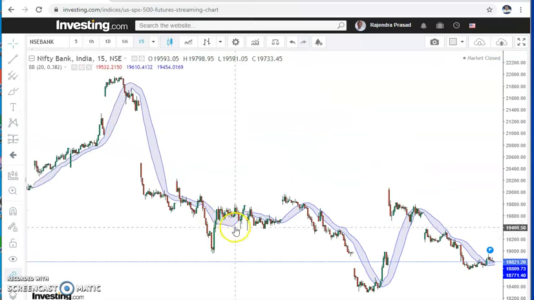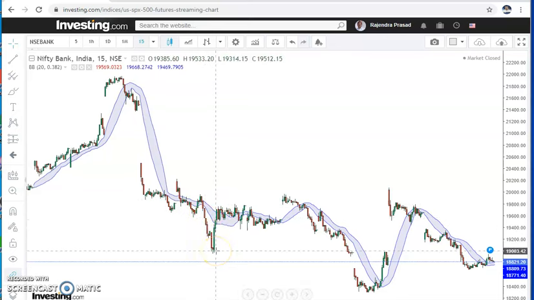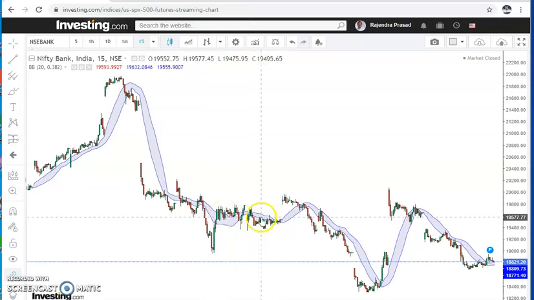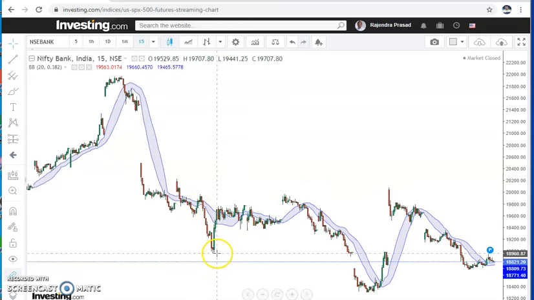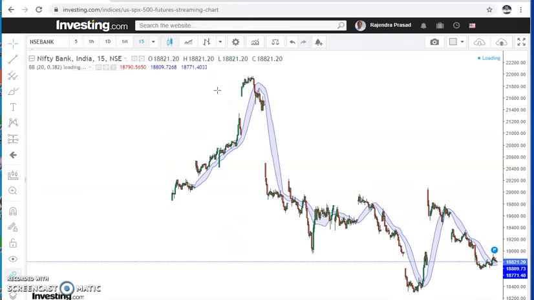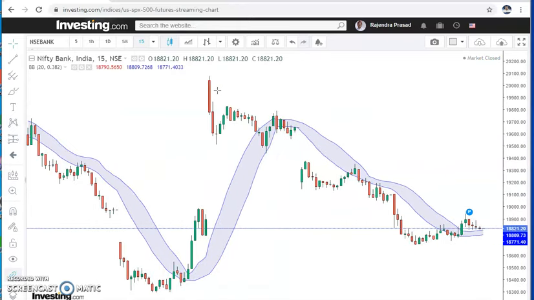Sometimes you will get some stop losses, but don't worry, the stop losses are small. Whenever you get an opportunity like this, you will get more profit. If you get 10 stop losses, your total loss may be 150 or 200 points. But once you get this type of move, 100, 150, 200 points, in one stretch you will get. So don't worry about the stop losses, follow the rules strictly, and trade accordingly.